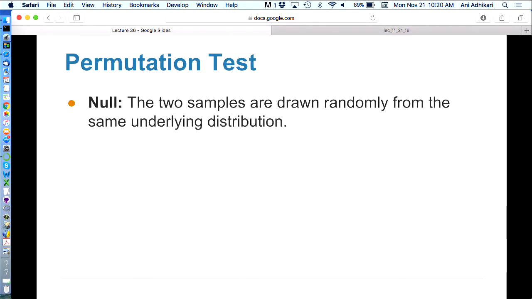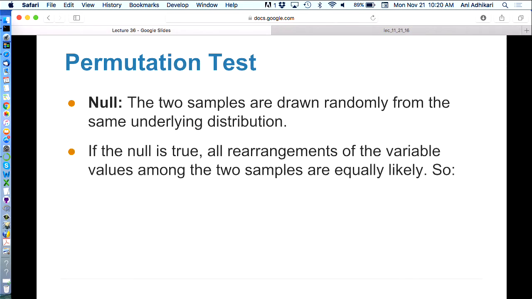So a permutation test does the following. The null hypothesis is something that I have said about 10 times now. The null hypothesis: you've got two samples, and they're both from the same underlying distribution. And the idea is that if the null is true, then you can rearrange the sample however you wish. Which one you're calling class 1 and which one you're calling class 0 shouldn't matter. So what you do is you compute your observed test statistic, and for this you need to figure out what your test statistic is. And that will depend on what your hypotheses are, and we're going to spend some time today figuring out what they should be. You first figure out your test statistic, you calculate it for your actual samples,